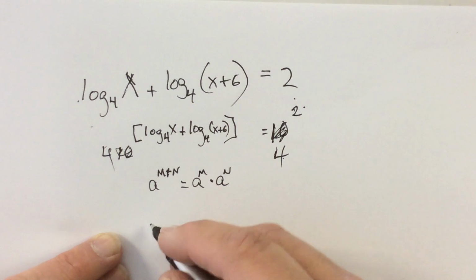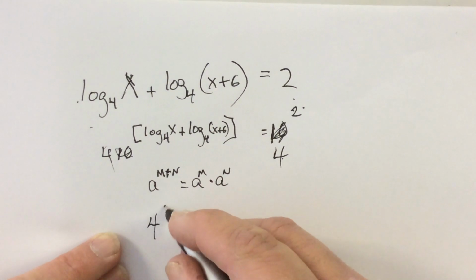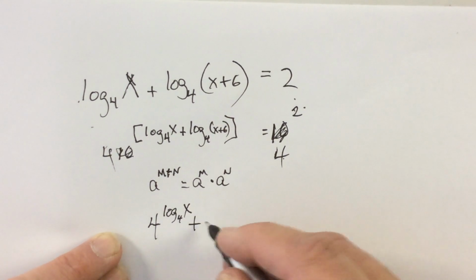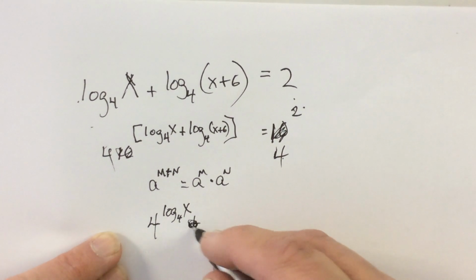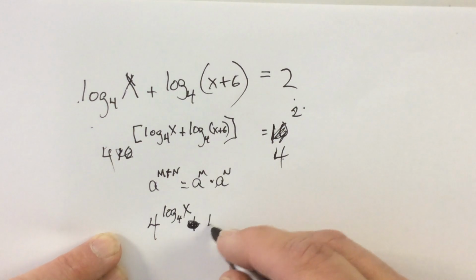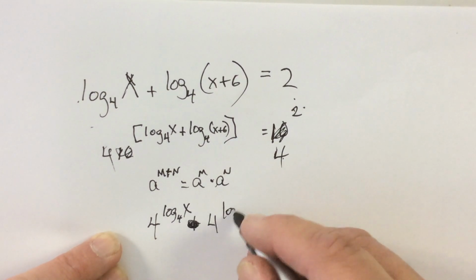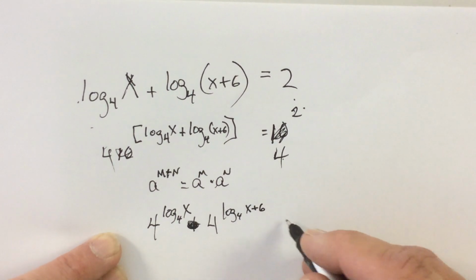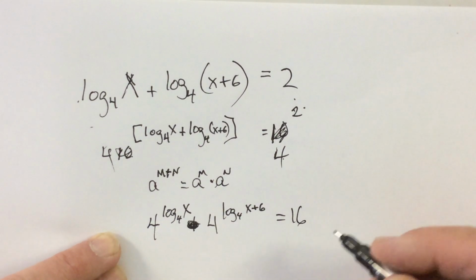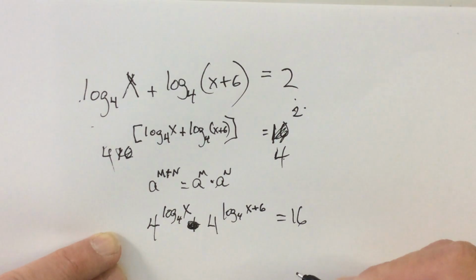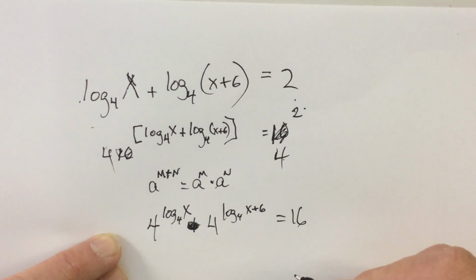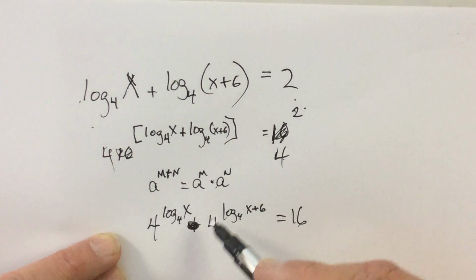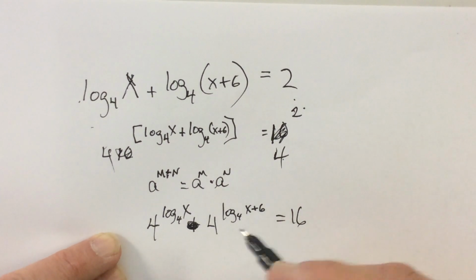So that means this is really 4 to the log 4 x times 4 to the log 4 x plus 6, and that's equal to 16. Does everybody understand what I just did? So basically, without having to use laws of logs at all, just using laws of exponents,